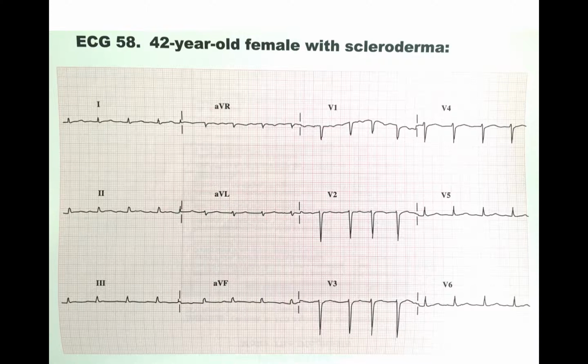So Clay here again with a 42-year-old female with scleroderma. Scleroderma is a hardening/tightening of the connective tissue. It's an autoimmune disease. So taking a look at this EKG, going over our steps as we've gone over in every video so far. First, taking a look at rate, so 300, 150. So a heart rate of just over 100, so borderline tachycardia, so we'll call it tachycardia for the sake of